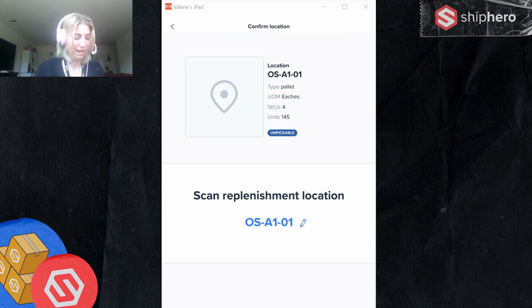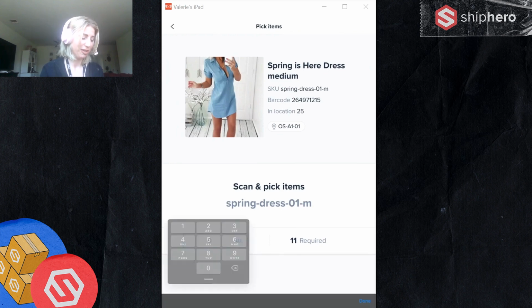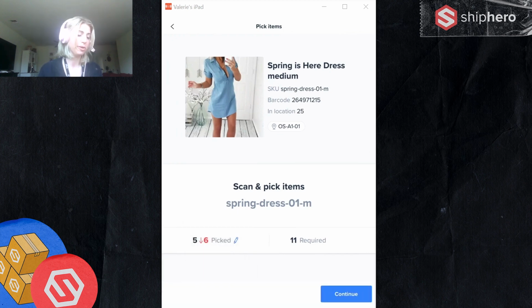So I'm going to scan in this location with my handy dandy scanner. All right, and that will show you the items. So I need to pick 11 of these. You can scan them in and pick them from this location, or you can also just manually type in how many. Now, a few things to note here, which is pretty cool. We need 11. This is based off of orders that need this, as well as the replenishment level. Sorry if I'm saying that too much, but that's where that's coming from. You'll see when I grab the first 5, it's going to tell me I need 6 more. But I see I have 25 here.